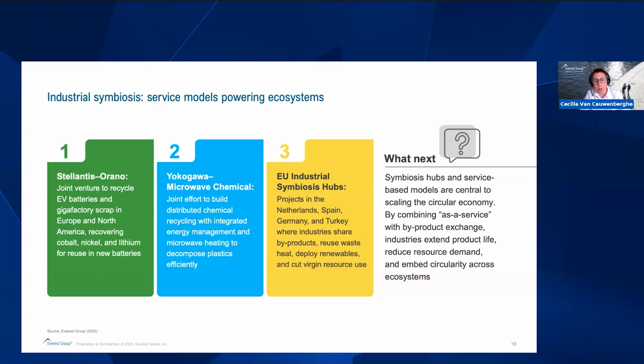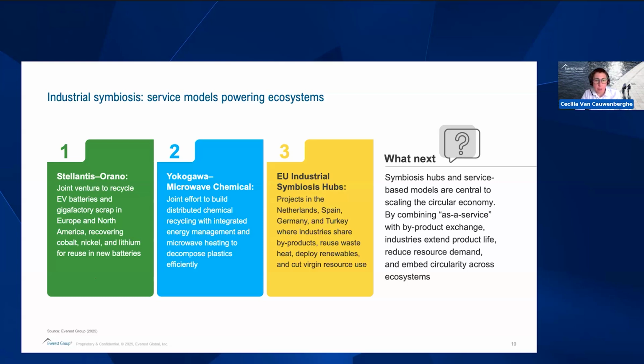Industrial symbiosis, remember in the previous section we had the archetypes for the firm level, and here we talk about the ecosystem archetypes. The first one was industrial symbiosis, which achieves exactly that. It allows multiple companies to exchange heat, energy, and materials across boundaries, converting what was once waste into productive feedstocks.